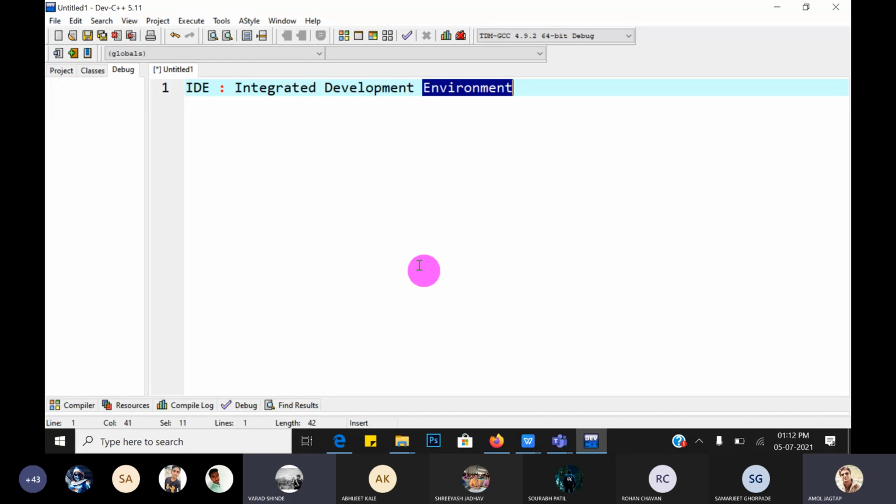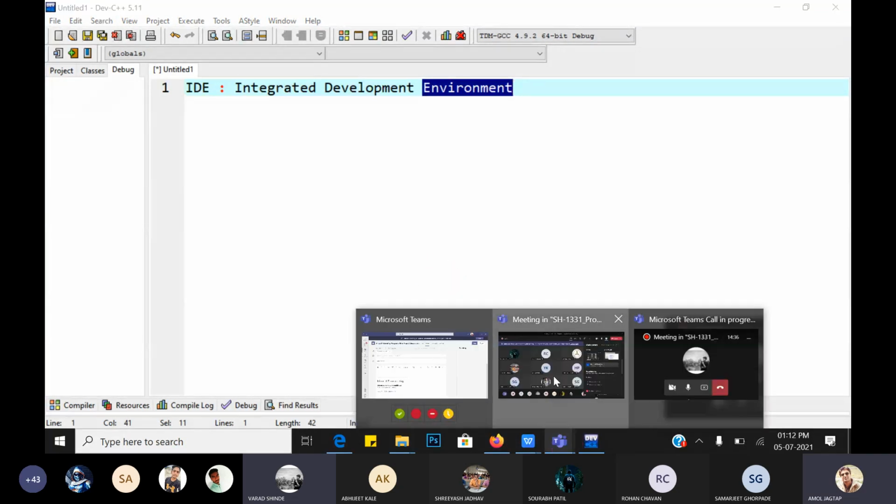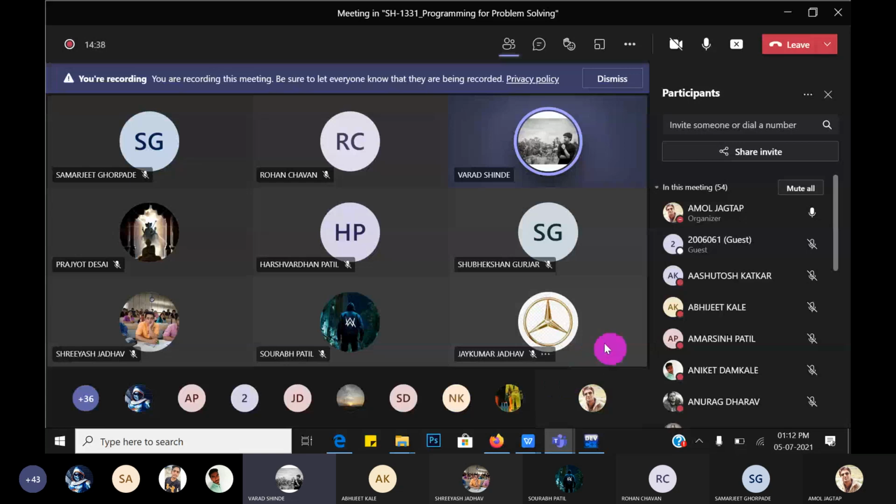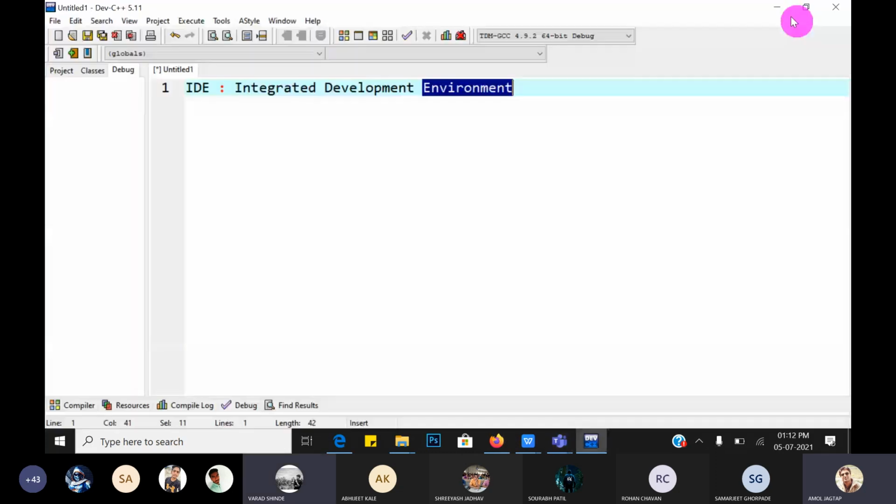If someone is using VS Code, is it okay? I have been using VS Code since 12th standard. It's okay. If you are familiar with that IDE, go through that IDE. But the code remains the same because we have used ANSI C language here. But I preferably use Dev C++.